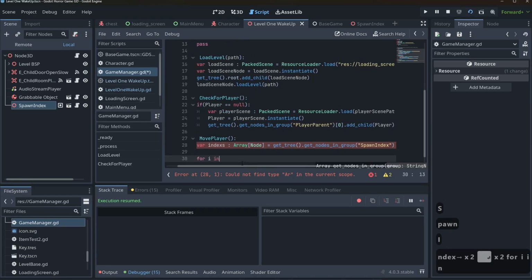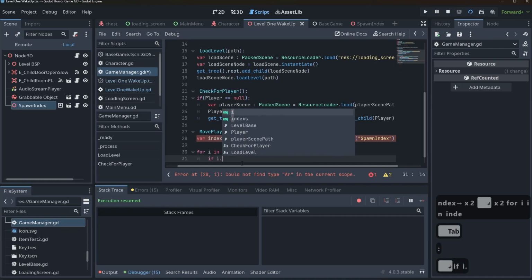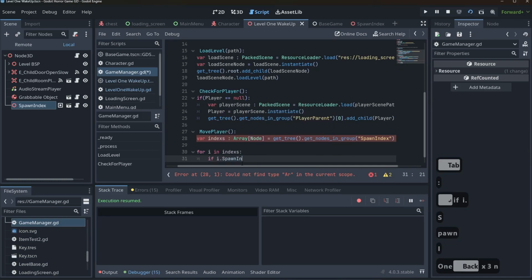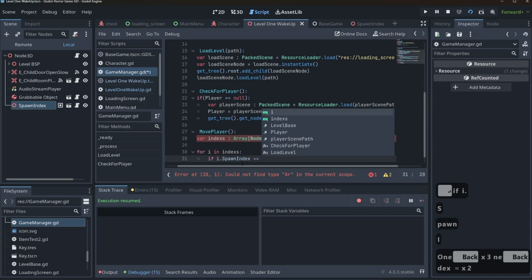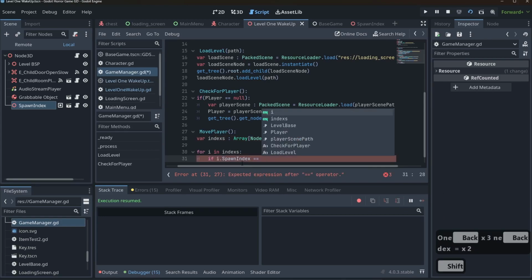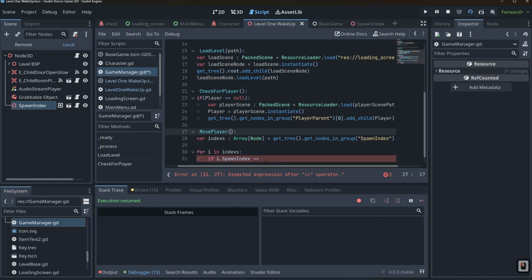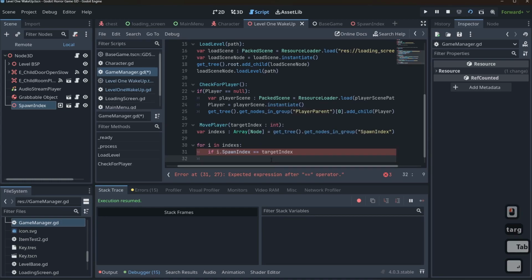And then we'll say for i in indexes, if i.spawn_index is equal to some value, right? So how do we know what index we need to be in? Well, if we come up to our move_player, we can just say target_index, make that into an integer like so. And then we'll just say if it's equal to target_index, then